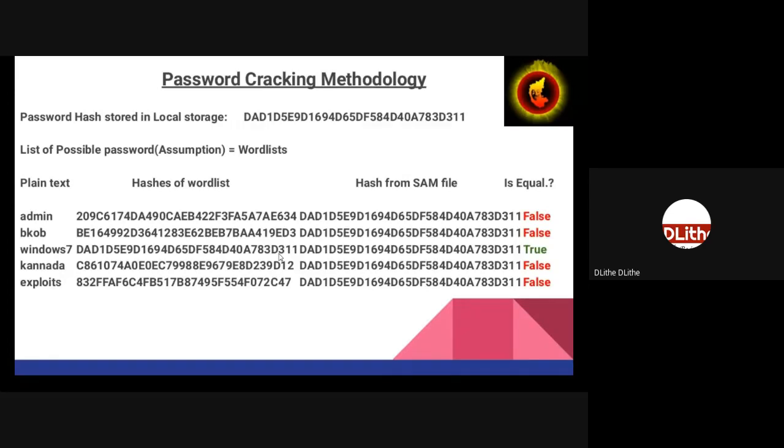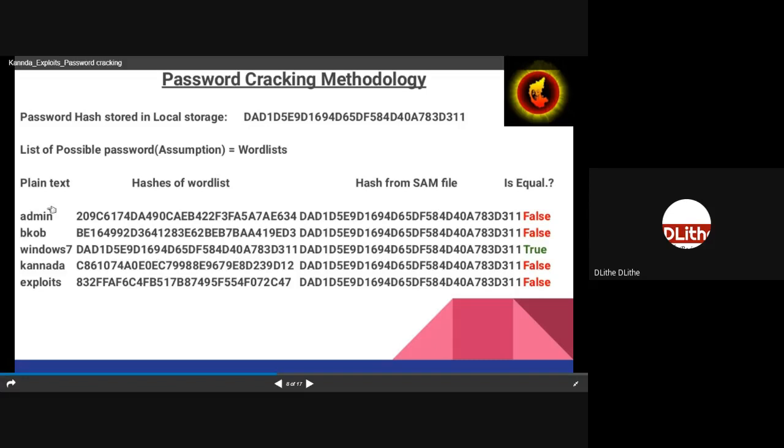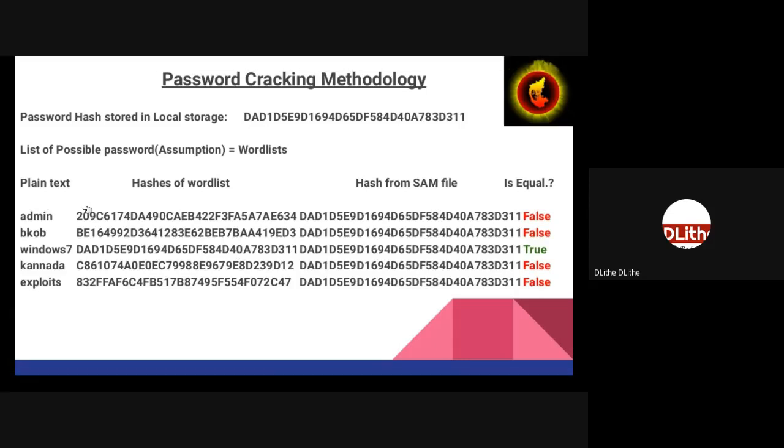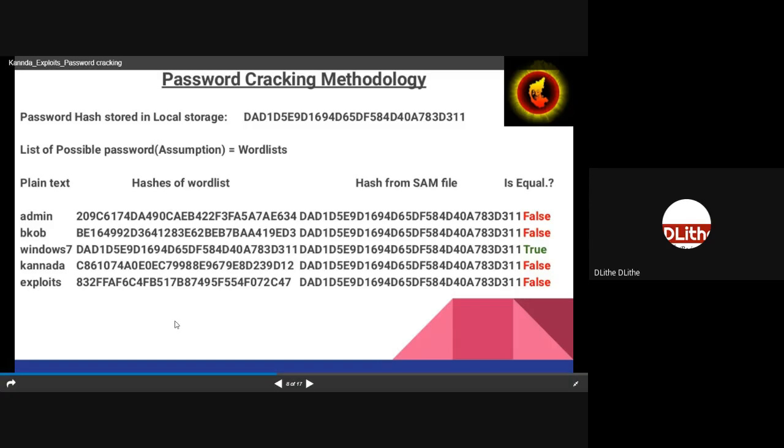So what happens in the wordlist method? You provide a list of possible passwords, and only if the accurate password is part of your word list, the word list will contain the hash equal to the captured hash. Whichever hash matches your current hash, the resembling keyword would be your password.